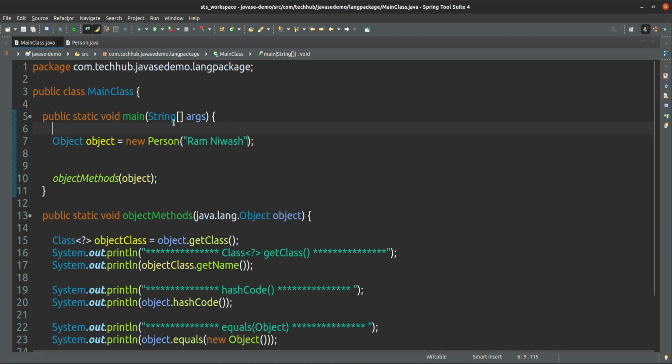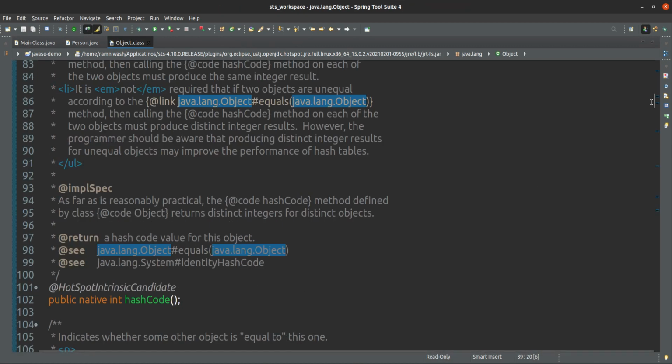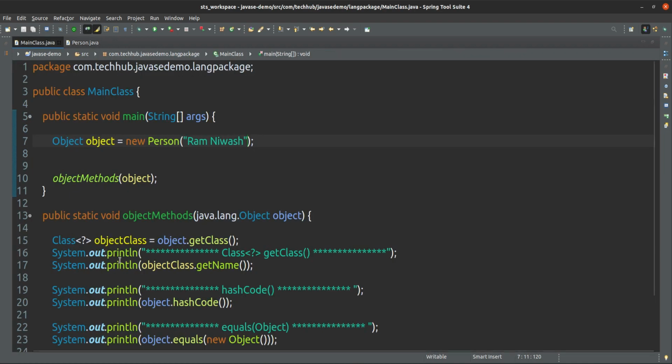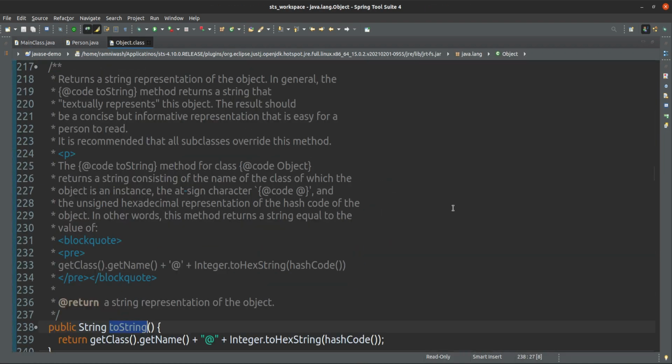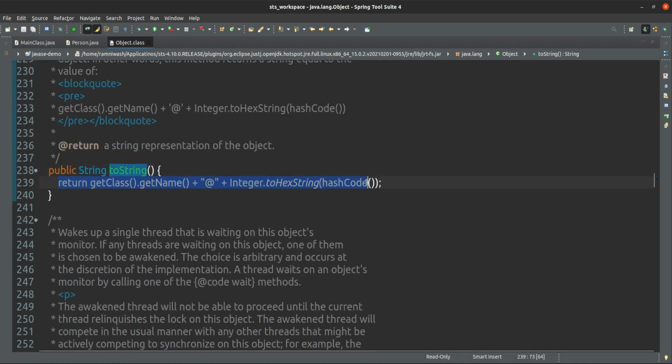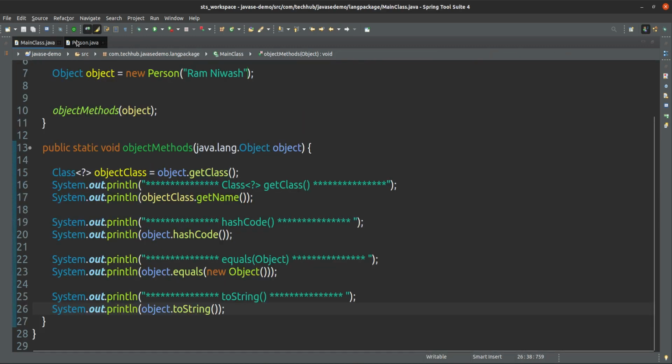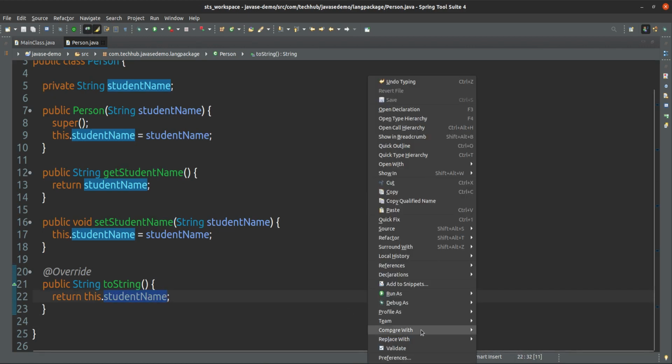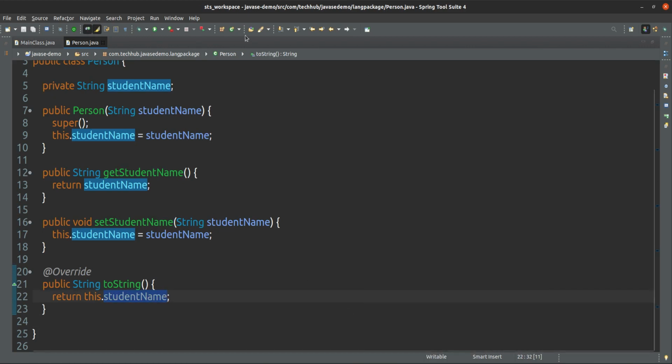The default implementation we have already seen. We have overridden that one and given our own implementation according to our requirement. That is also very easy to do.